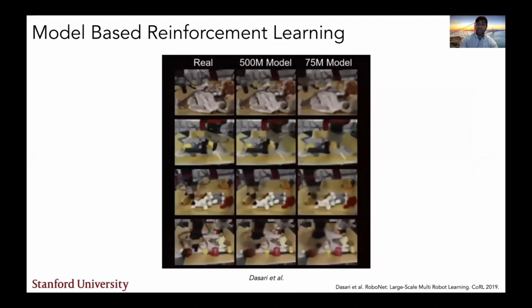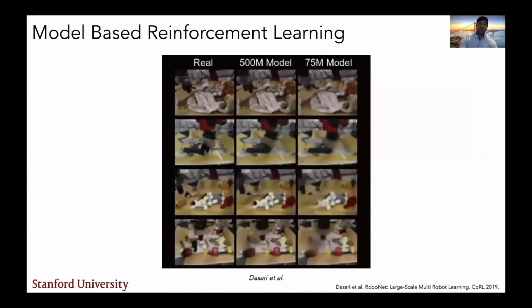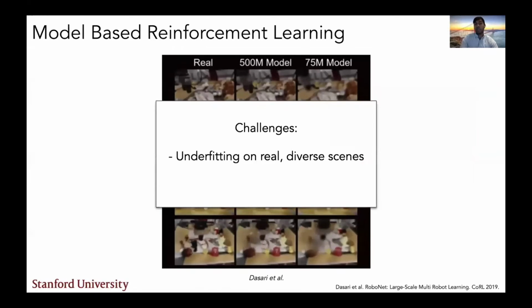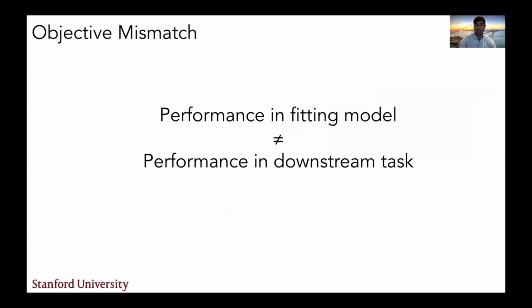However, scaling these methods to diverse visual scenes poses numerous challenges, the primary of which is underfitting, even with very large models. In these settings, the learned model cannot perfectly model the scene. As a result, learning algorithms must balance how best to learn their model to achieve good performance on downstream tasks. Specifically, in many cases, there exists an objective mismatch, where better performance fitting the model does not directly translate to better performance using the model with planning the downstream tasks.